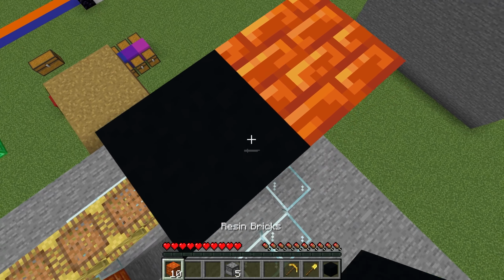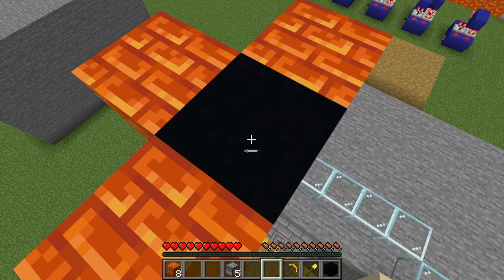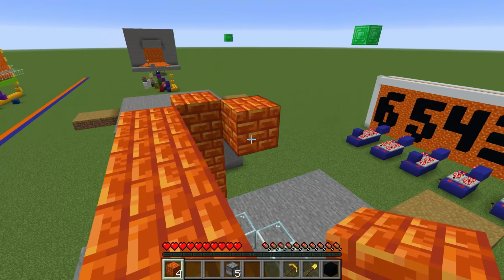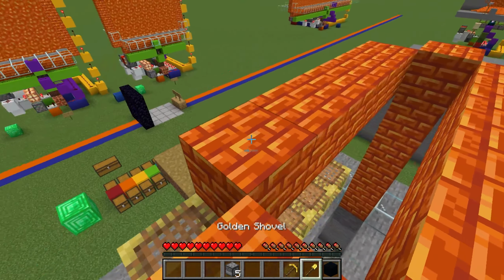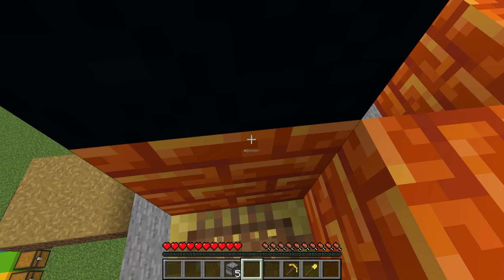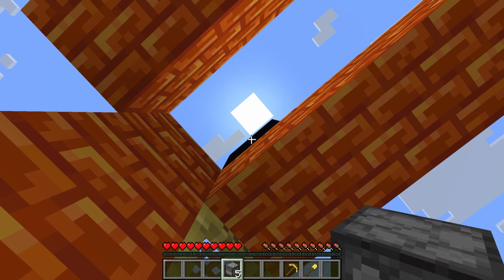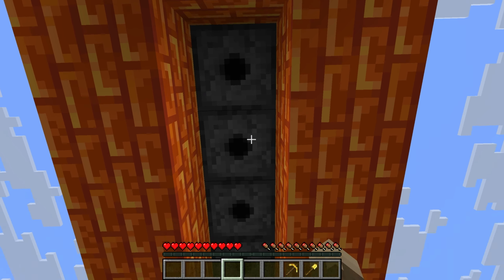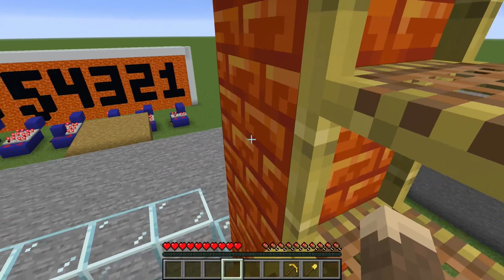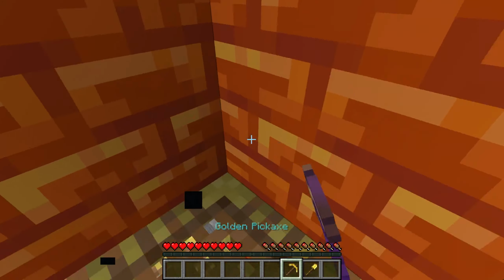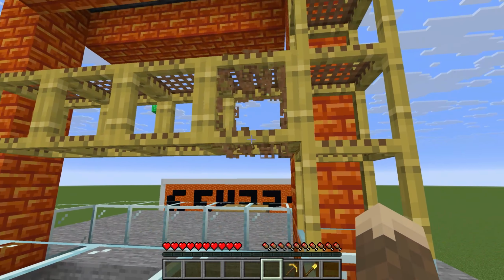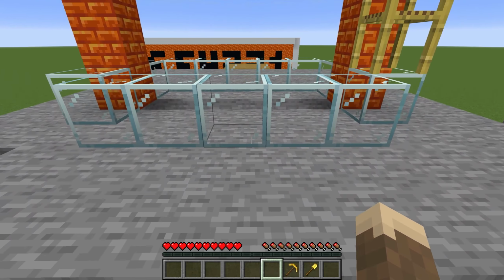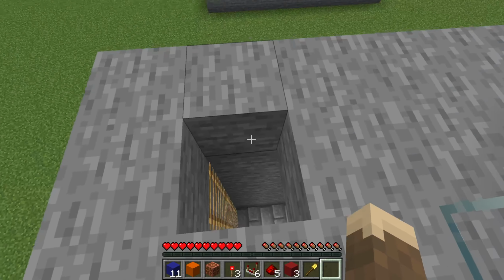Now use a placeholder to come out either side like this and connect across. Now use another placeholder to place downwards, facing dispensers all along the top like so. We don't need this scaffolding anymore. Now we can come back down,